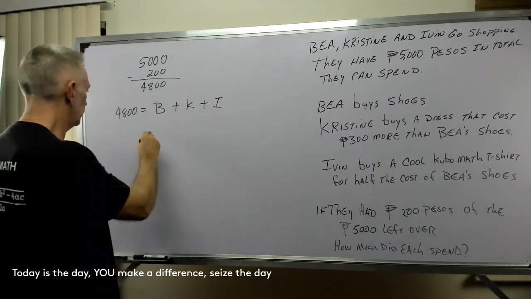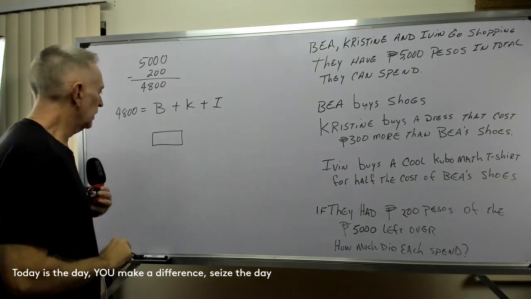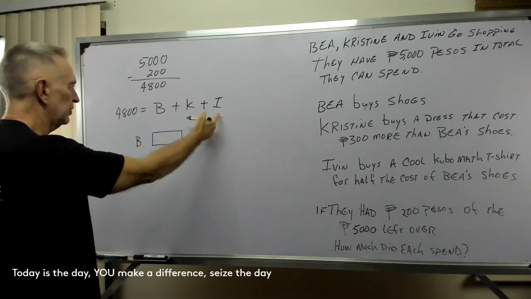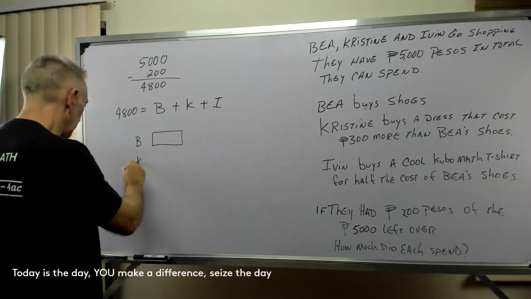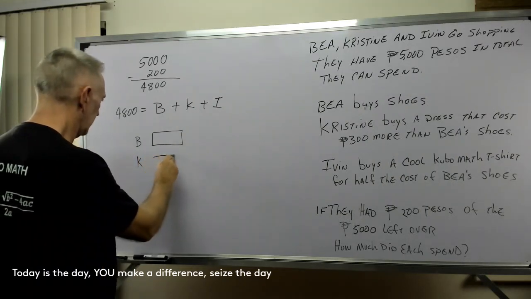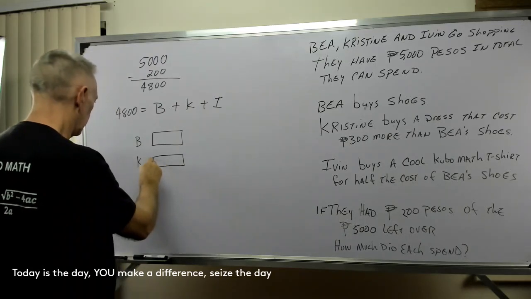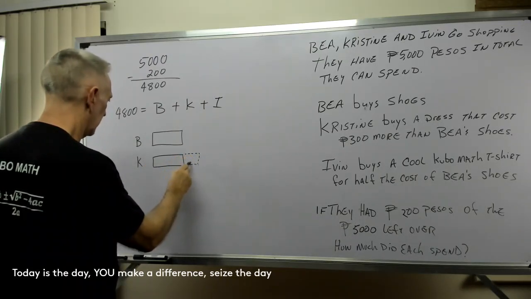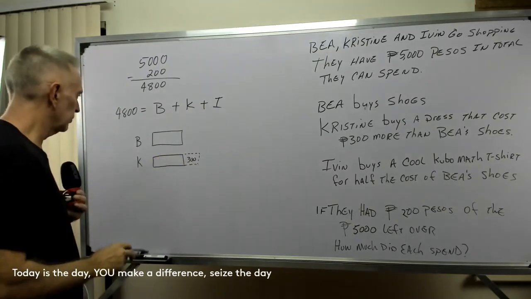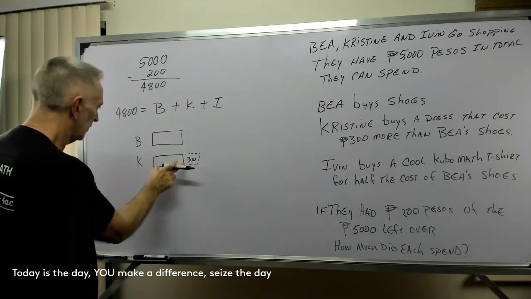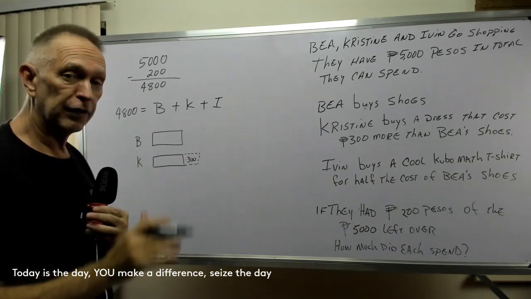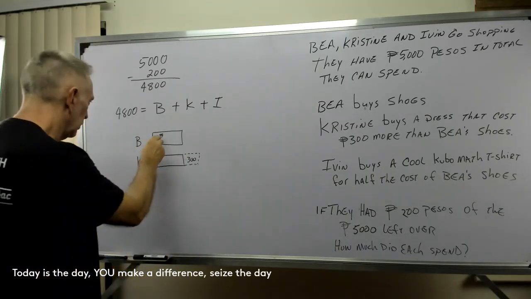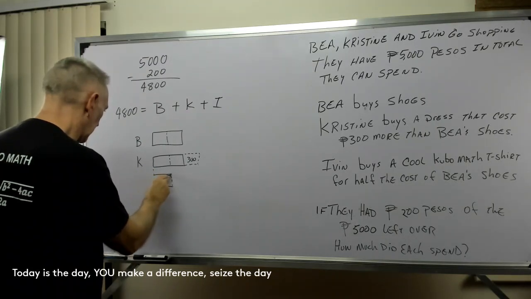Okay, well, Bea bought some shoes. We'll say that B is for Bea, K is Kristine, I is for Ivin, obviously. Well, Kristine bought a dress, and that dress cost 300 more than Bea's shoes. So it's the same plus 300. But Ivin gets the T-shirt for half the cost of Bea's shoes. So if we divide Bea's shoes in half, that would be what Ivin